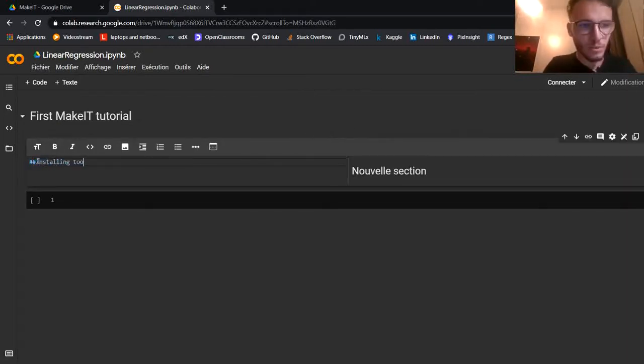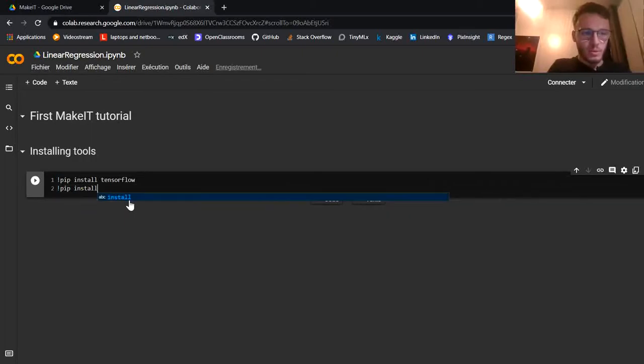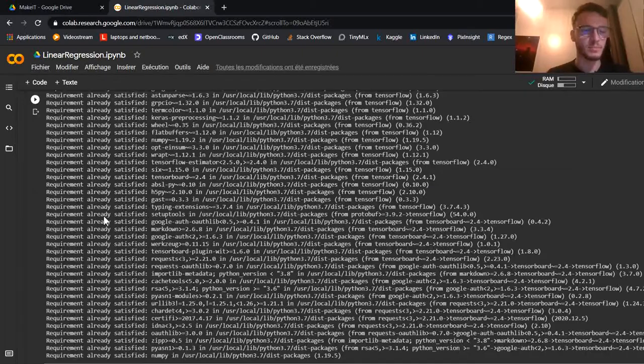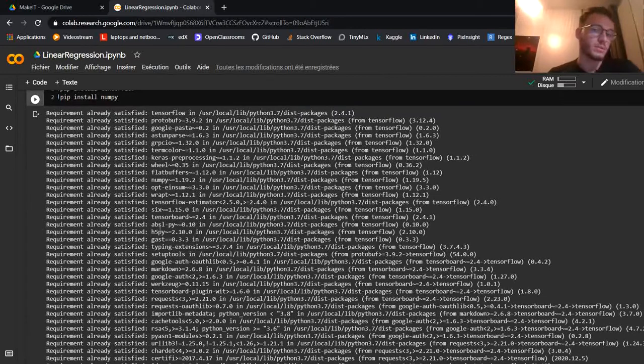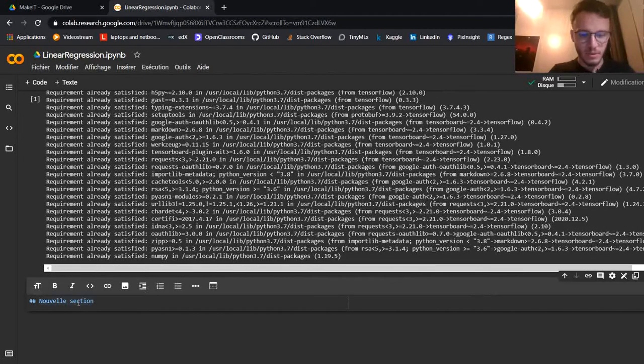called Installing Tools, because we need to install TensorFlow, which is our library to design our model, and we also have to install NumPy because it's another library for arithmetic. We need to run a shell command, the exclamation mark allows you to run a shell command, so pip install tensorflow. You can specify any version you want. pip install numpy, run cell, done. As you can see, it's already satisfied because I already installed all these libraries, but for you it's not the same. Then we will test if it's okay, so import